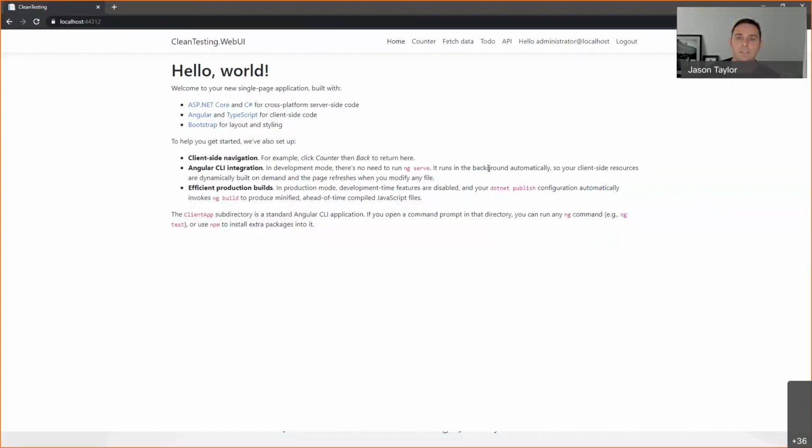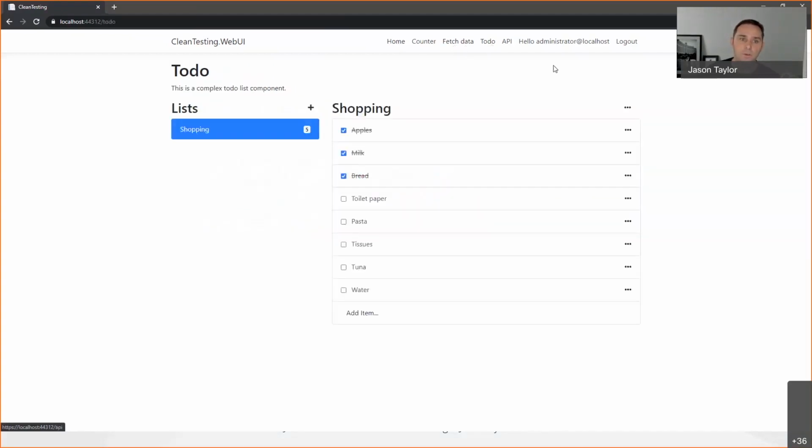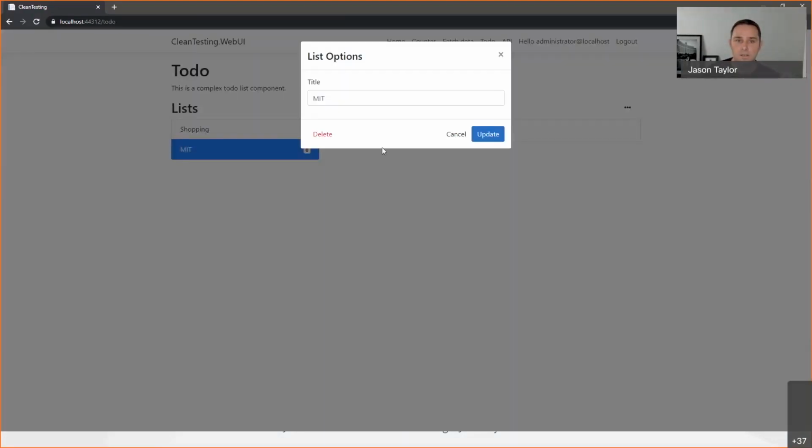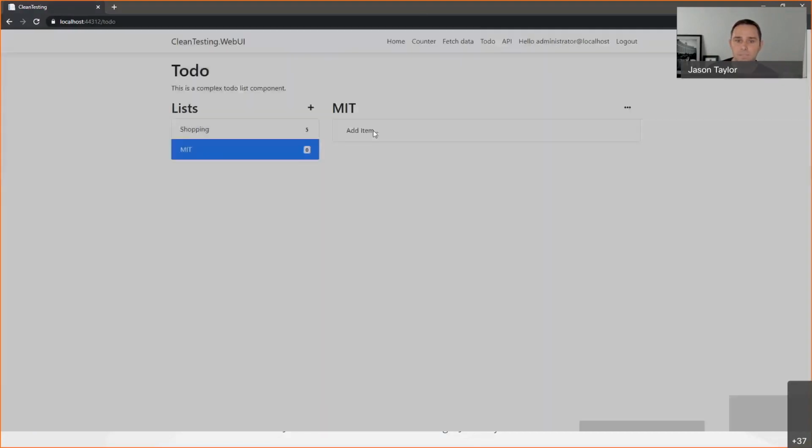And we'll just have a quick look at what we'll be testing today. So this is the application, it's got some standard examples from the ASP.NET Core template. And I've also added my own to-do component. This one's a little bit better than most of the to-do lists you see out there because it supports multiple lists. So the most important task list, we can go back and change the title if we want to, or delete the list. We can add a new item